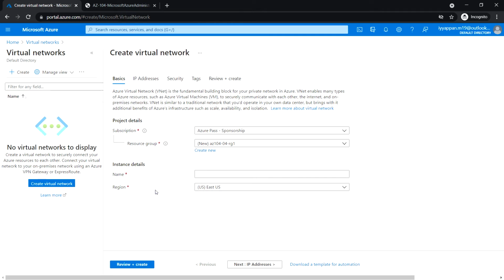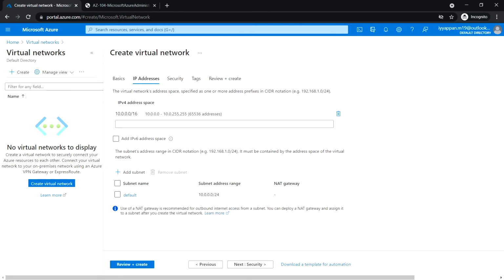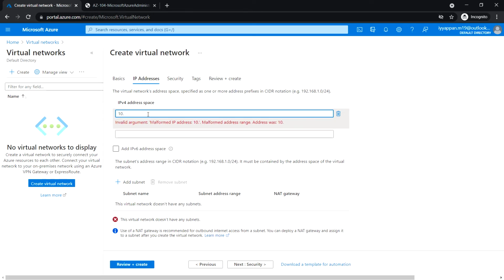And the name, AZ-104-04-VNet1. I'm going to use the default region. Next, IP address. Enter the IPv4 address space. I'm going to give 10.40.0.0/20